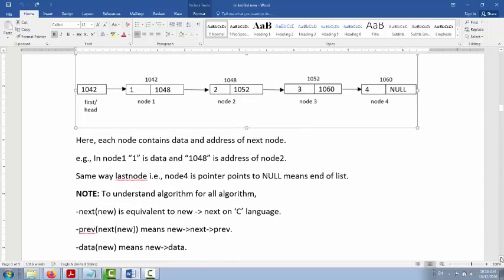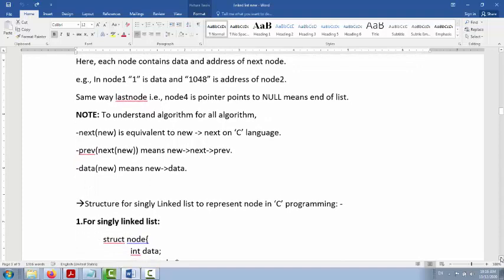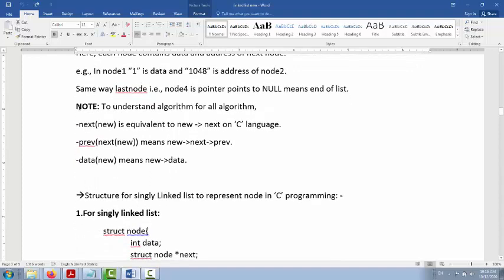Here the theory is given. To understand the algorithm, for all the algorithms we have to remember these particular things. Inside the algorithm we write the next of new. Whenever we add a new node, we have to link the node, and for linking the node we have to use the next pointer.